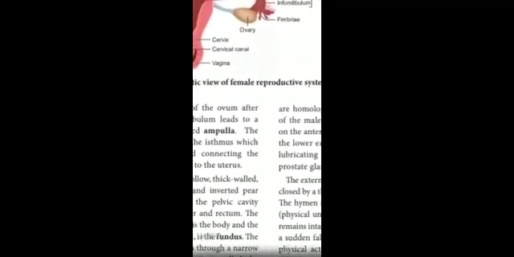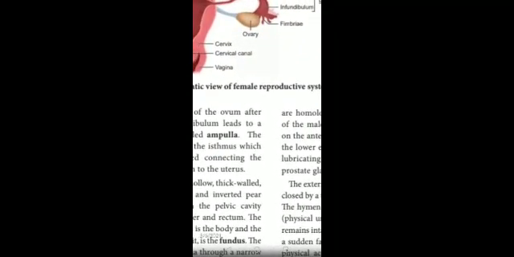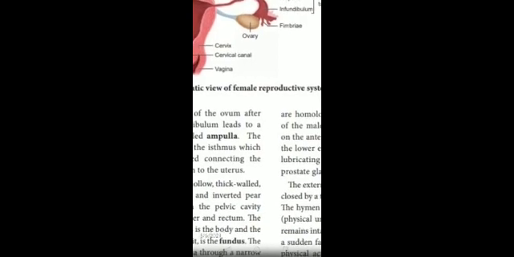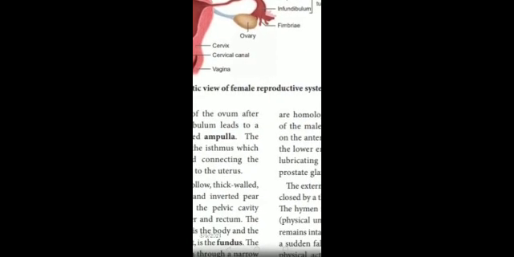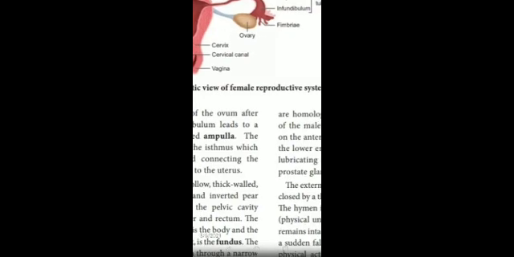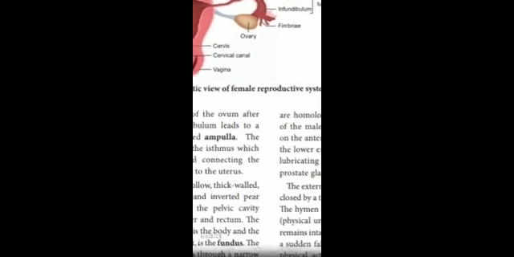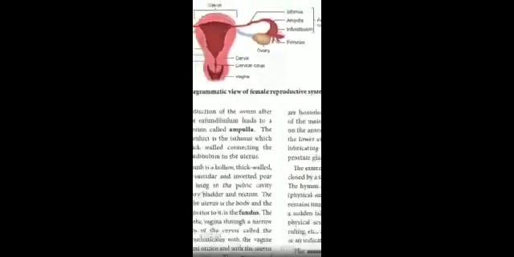You can go through it in a textbook, around the lower end of the urethra. These Skene's glands secrete lubricating fluids and are also homologous to the prostate gland of the male. You can take your textbook and underline the Bartholin's glands. Put a hyphen: the Bartholin's glands are located in the female reproductive organs.